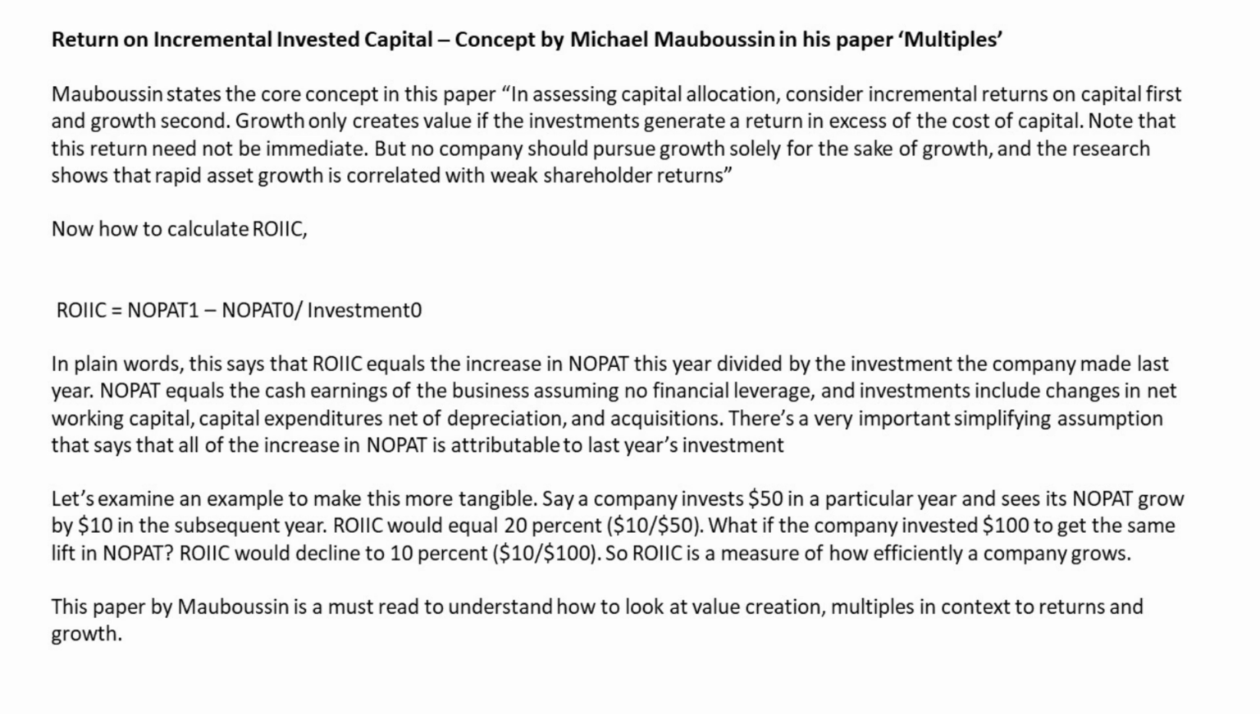This paper by Michael Mauboussin is a definite read to understand how to look at value creation, multiples in context to returns and growth. There is a table which also explains the mapping done between return on incremental invested capital and the PE ratios, and typically the price to earnings seems to demand a premium when the return on incremental invested capital is high. So a very important concept to understand